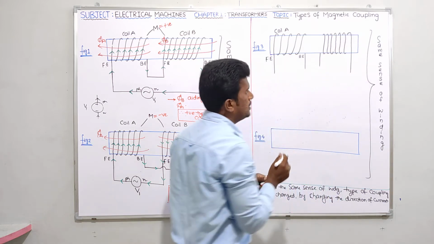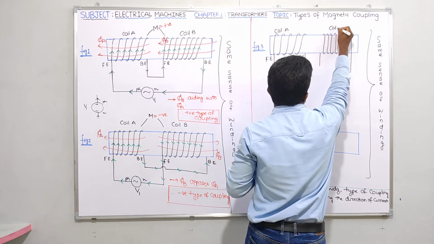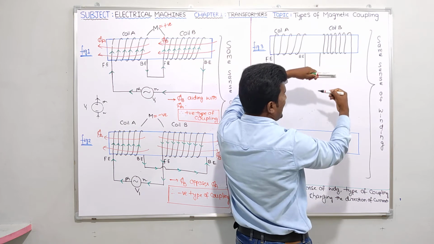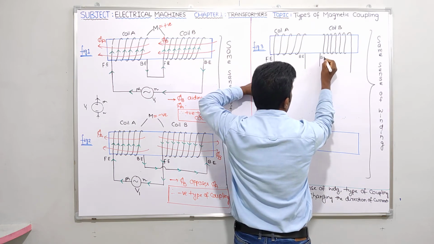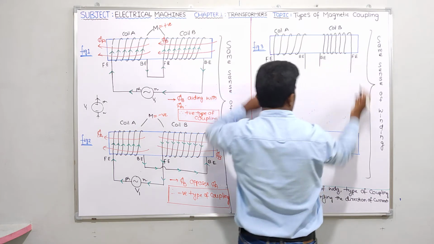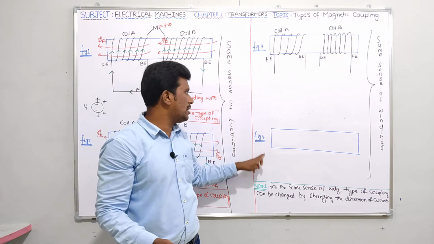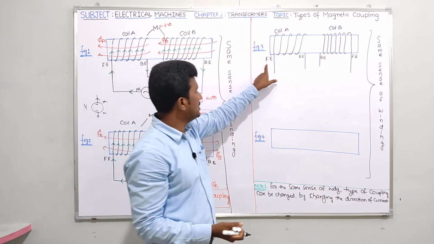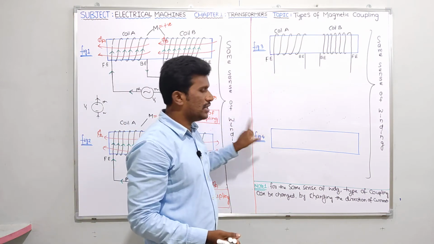Okay, very simple. See, in this coil B, please try to see, the winding is going from the back side of the core. That means what about this end? Back end. Very good. And what about this end? Front end. Very good. Okay, but what I said, figure number 3 and figure number 4 should have the same sense of winding. That means whatever I just wrote on figure number 3, just like that you should draw figure number 4 also.